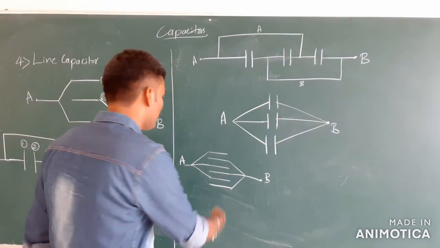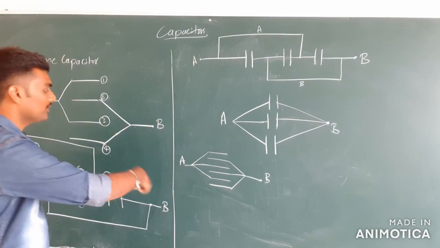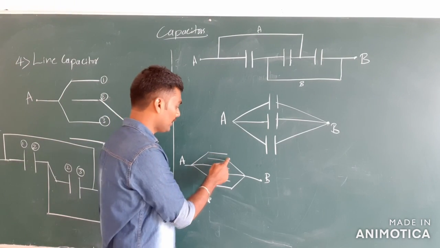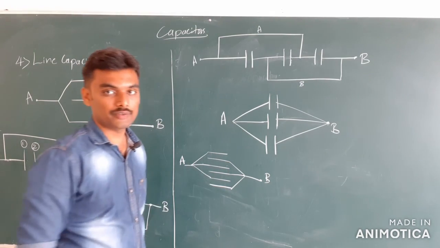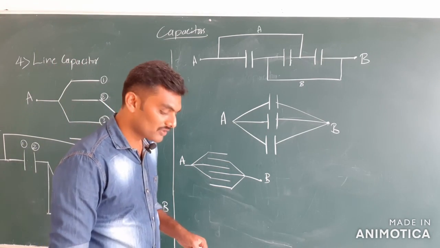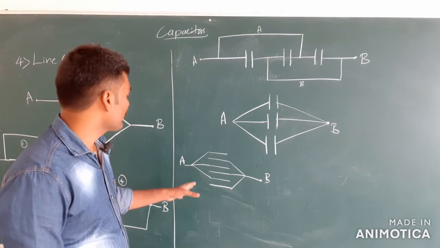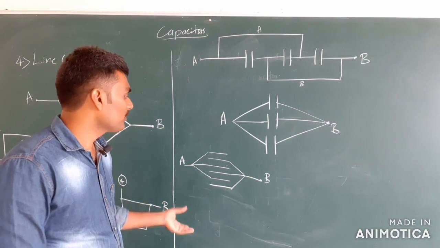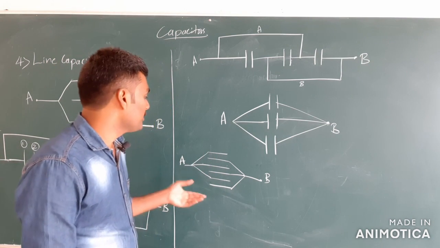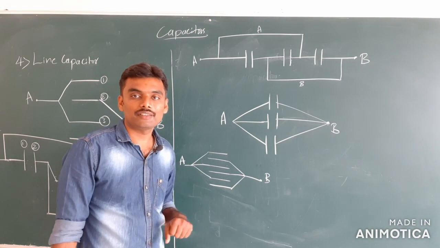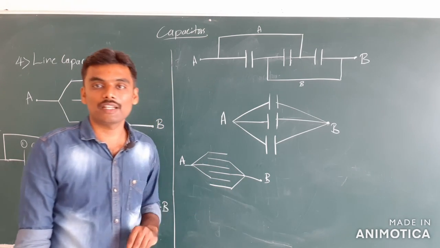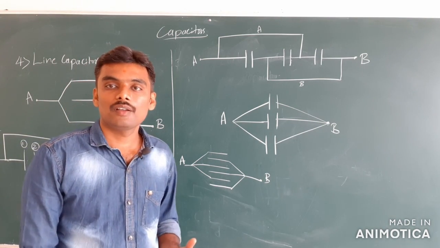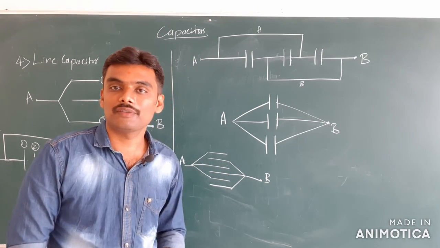And if you have more lines given here, which means more plates, here we had only 4 plates given, here we have 6 plates given. These 6 plates together will give us 5 capacitors, and those 5 capacitors will be in parallel with each other. Okay, keep this in mind. They are simply a parallel capacitance combination if we have lines given like this. For different combinations, you can solve them by looking into the arrangement of lines given.